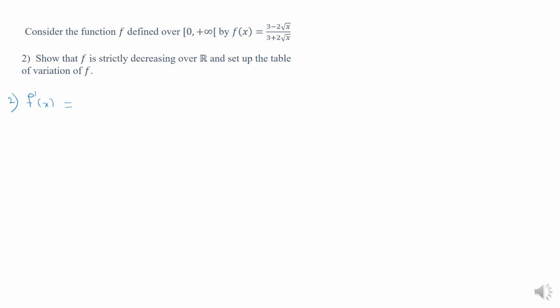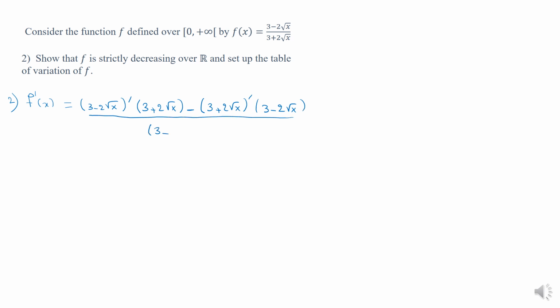Now here the function is a ratio of two irrational functions. The derivative of the ratio is the derivative of the numerator multiplied by the denominator, minus the derivative of the denominator multiplied by the numerator, over